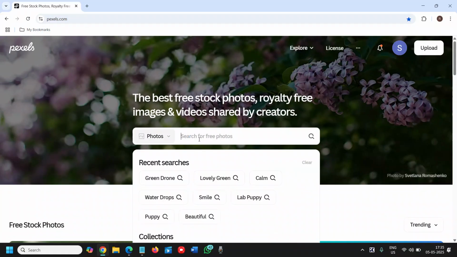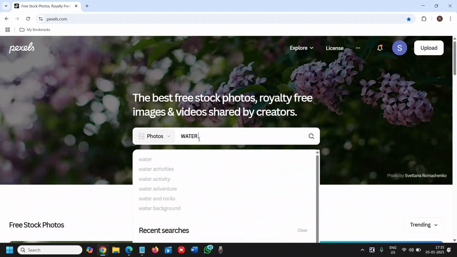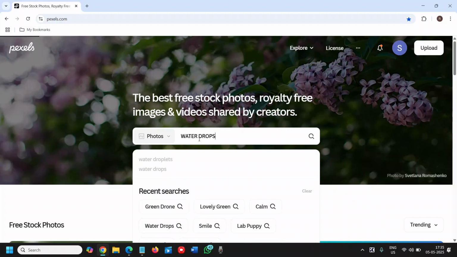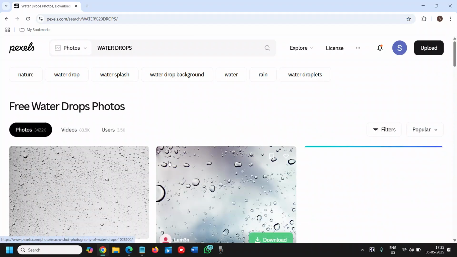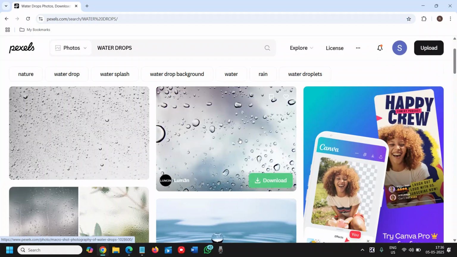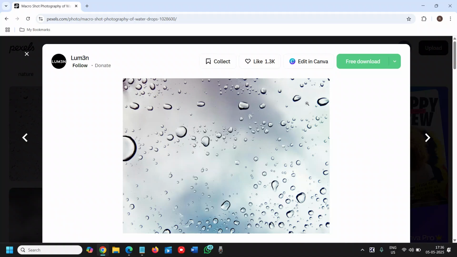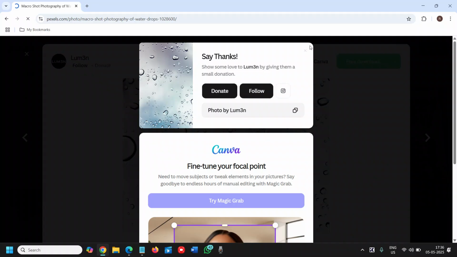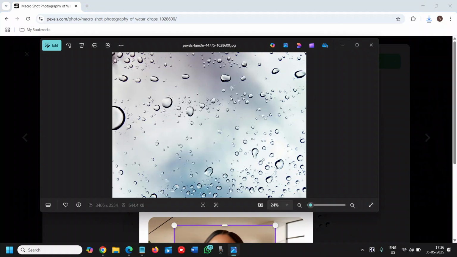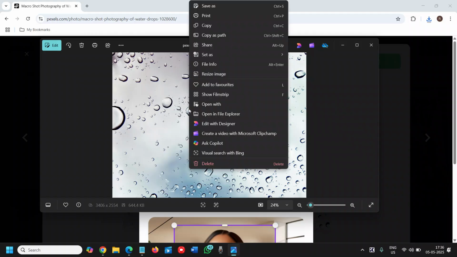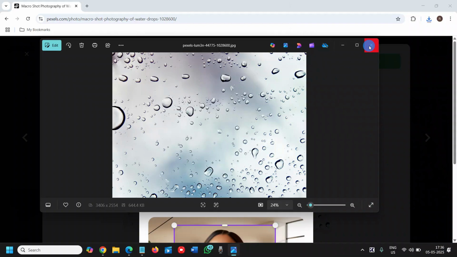And from here, we will search for anything like this. And we will click on that. We will click on free download. And once it is downloaded, we will open it. We just need to do a right click and then set as lock screen or background. So we will select background. We will close it,